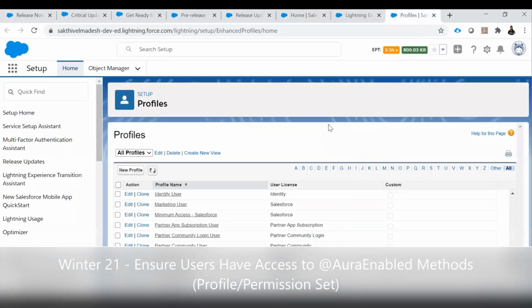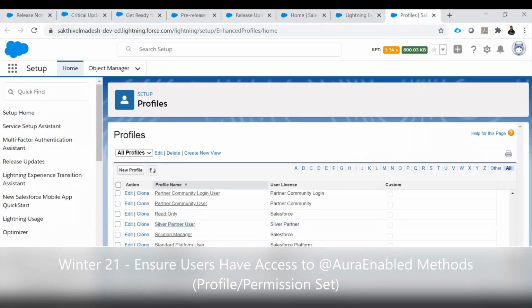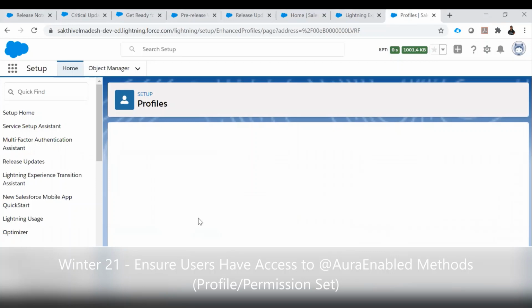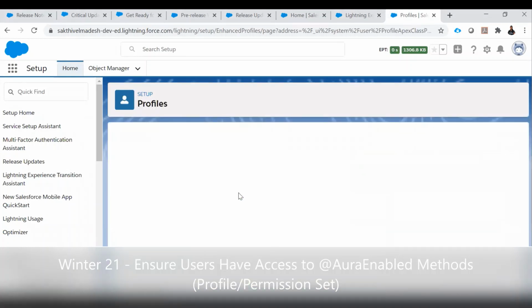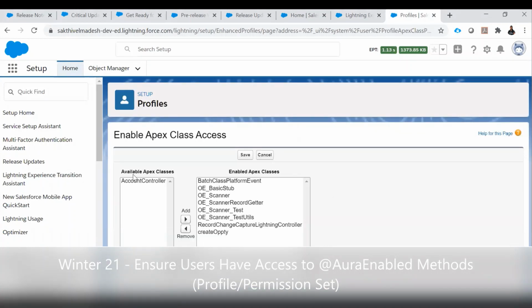So I logged in as the system admin profile. Let me go to the system administrator profile. Then under the Enabled Apex Class Access, let me go to edit. If you notice the AccountController, it's not enabled.